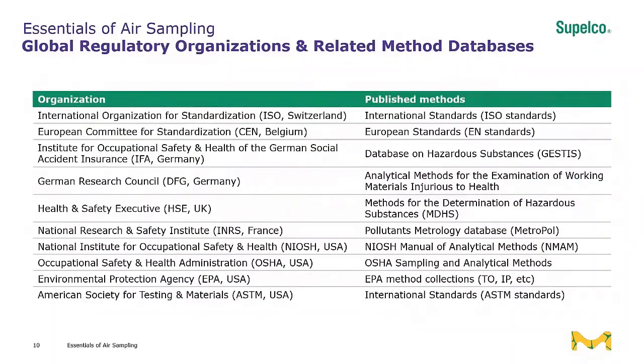When selecting the right air sampling devices, your laboratory, your environmental health and safety officer might ask that you refer to regulatory agencies in your country, in your locality, and refer to their method databases to find a method to collect the air sample. If there are no methods available in your region, it is common to refer to methods outside your country that